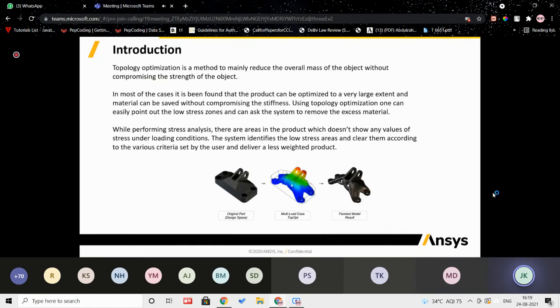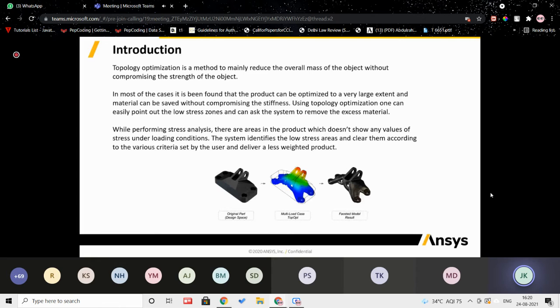For example, initially if you are going into a design phase, first you will define the design based on hand calculation, right? And once you did the hand calculation, the next thing you will do is take that component, do the static structural analysis or a detailed analysis, and identify the structure. But most engineers just concentrate on where the maximum stress is occurring. Of course, that is an important point, but they don't concentrate on the region where the minimum stress is occurring or where the stress is 0 or something like that.